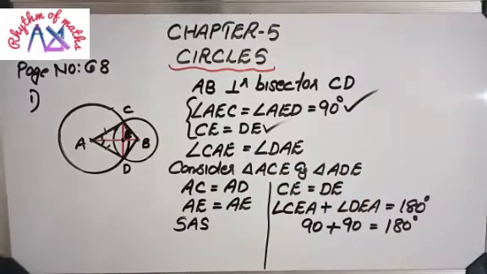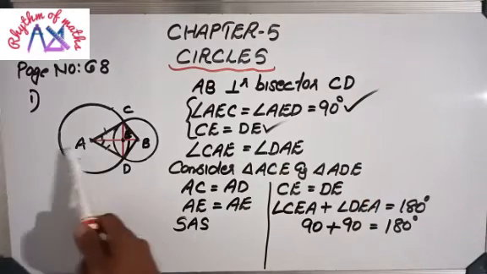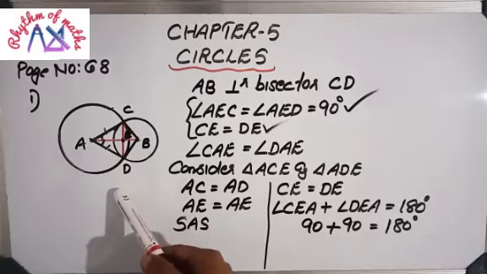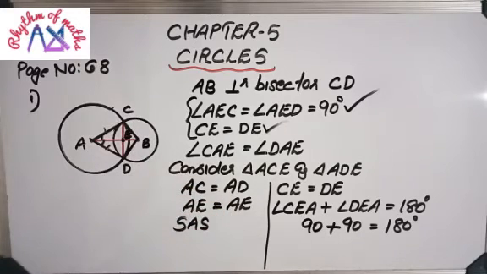So from these two we can say that this line AB is the perpendicular bisector of this CD. So this is the first one's answer. Watch the video once more, then it will be clear. These are proof type questions. Once more you just watch the video, then it will be clear.